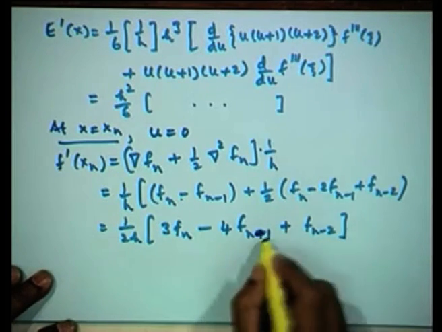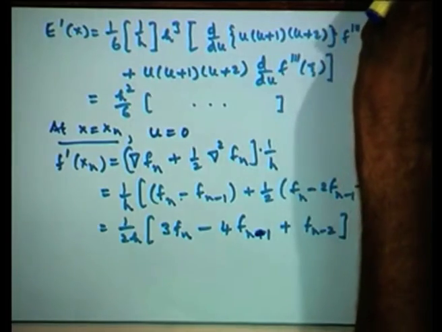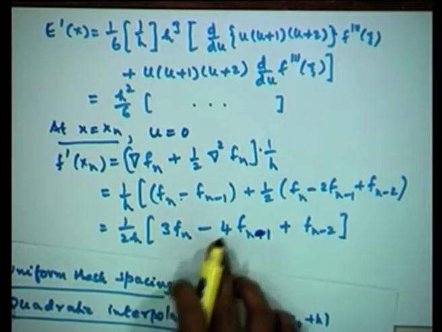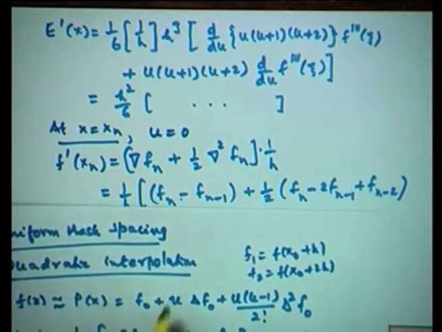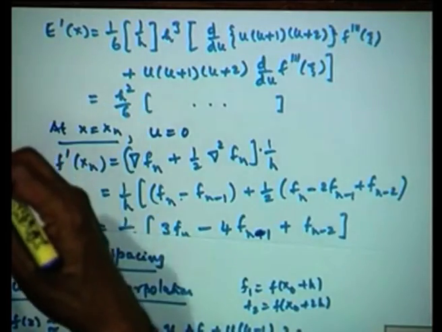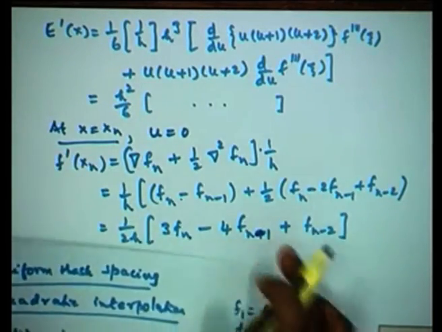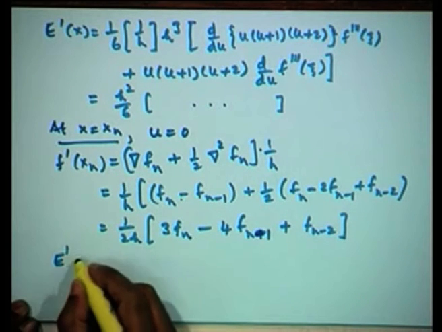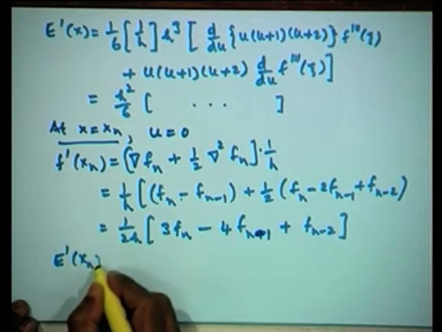This formula looks very similar to what we have here in formula 1, except that the suffixes have been changed and it is reversed. This formula is coming from x naught inside, whereas from the other formula we are coming from x n inside in the opposite direction. That is how the directions get changed here. Now, let us find out what is the error at x dash at x n.